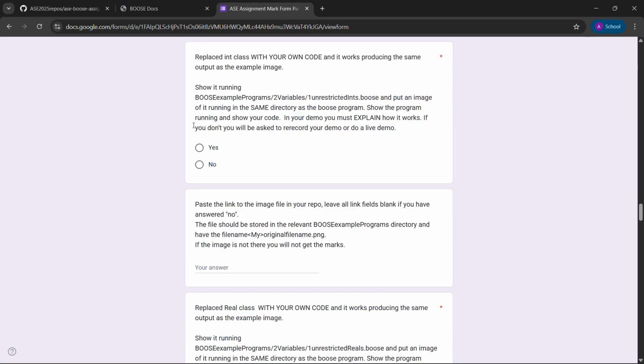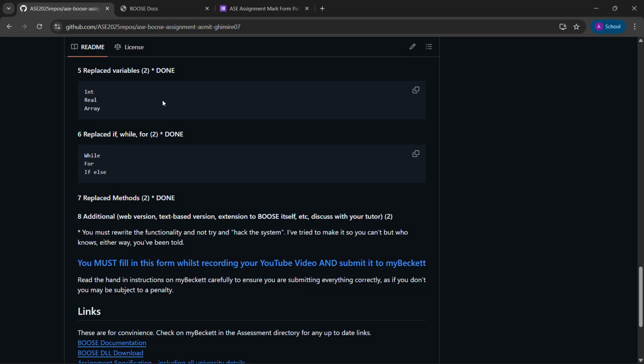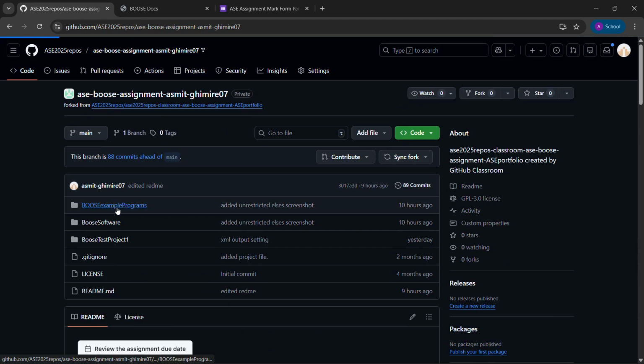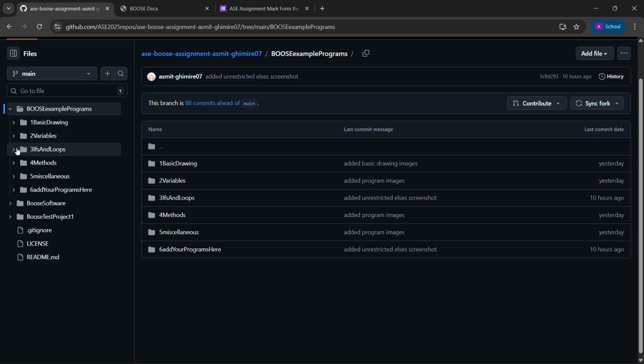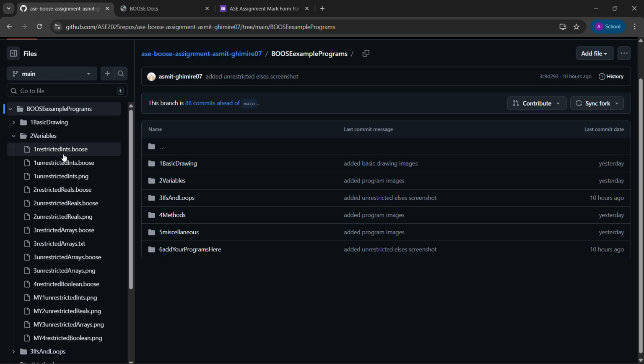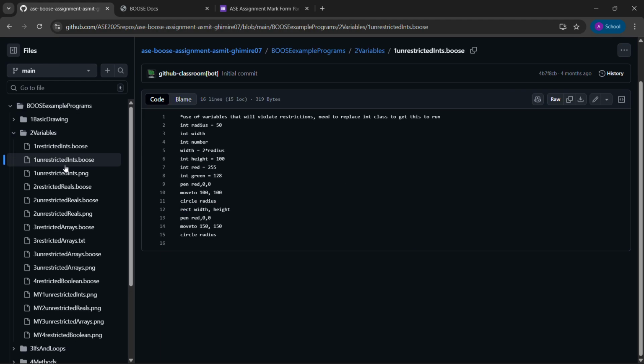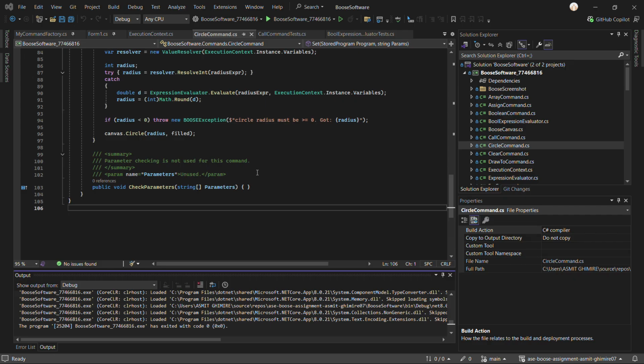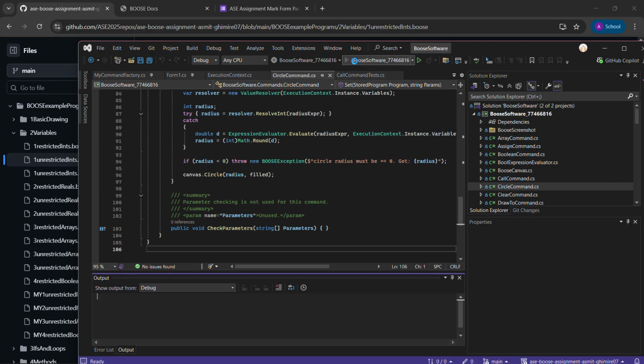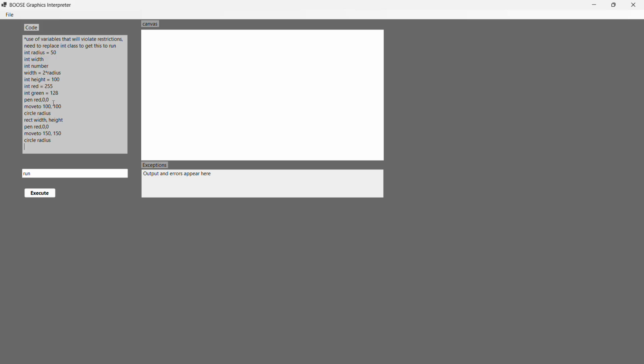Now I'll show the unrestricted int running. As you can see, the unrestricted int is running as expected.